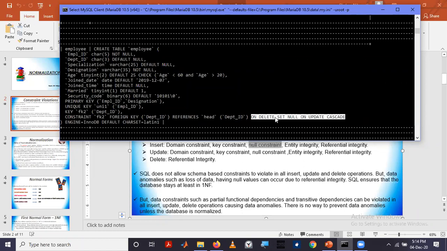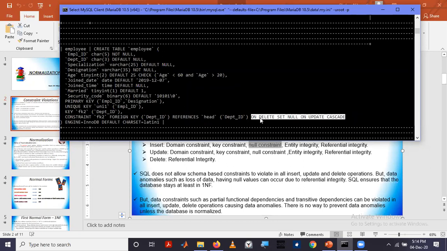Now we are able to delete an entry from head table, and then if we delete, such values in the employee table will be set to null. If we update, those values will be deleted.